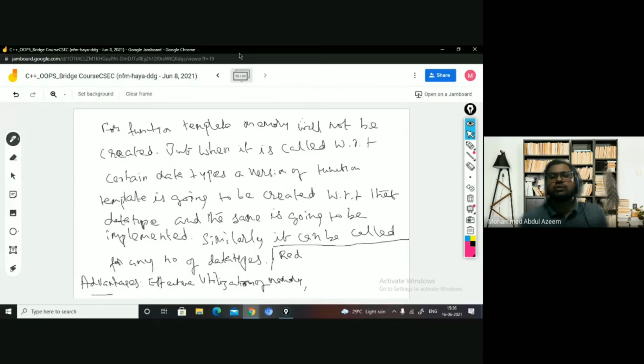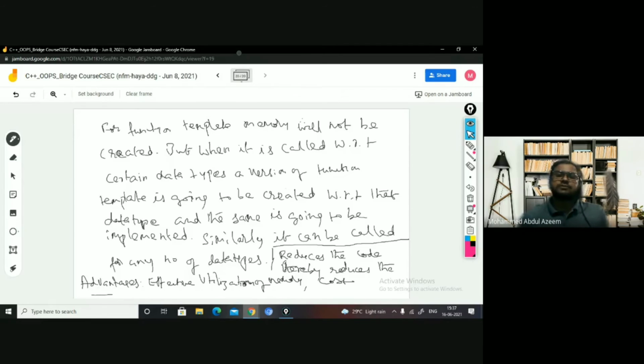Reduces the code, thereby reduces the cost.